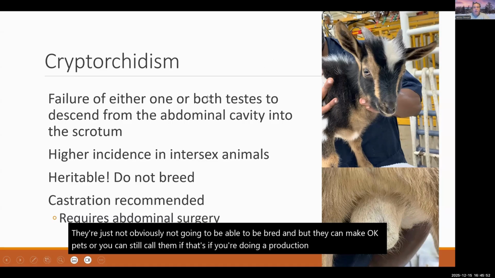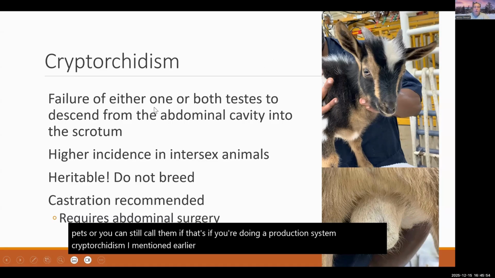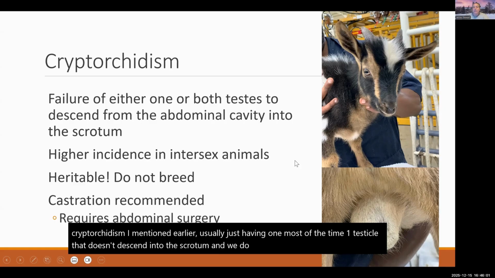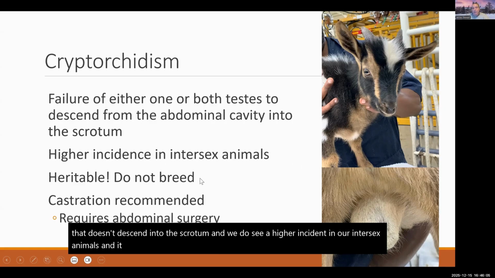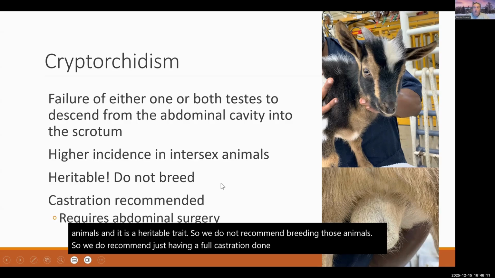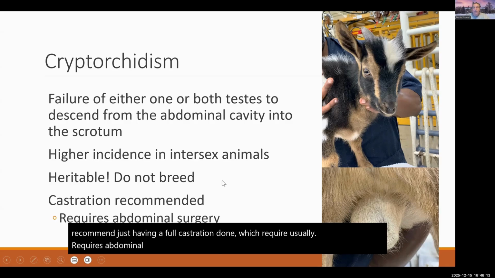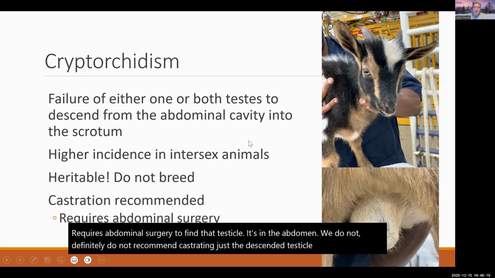Cryptorchidism, I mentioned earlier, is usually just having one, most of the time, one testicle that doesn't descend into the scrotum. And we do see a higher incidence in our intersex animals, and it is a heritable trait. So we do not recommend breeding those animals. So we do recommend just having a full castration done, which usually requires abdominal surgery to find that testicle that's in the abdomen. We definitely do not recommend castrating just the descended testicle, because he can still be fertile with